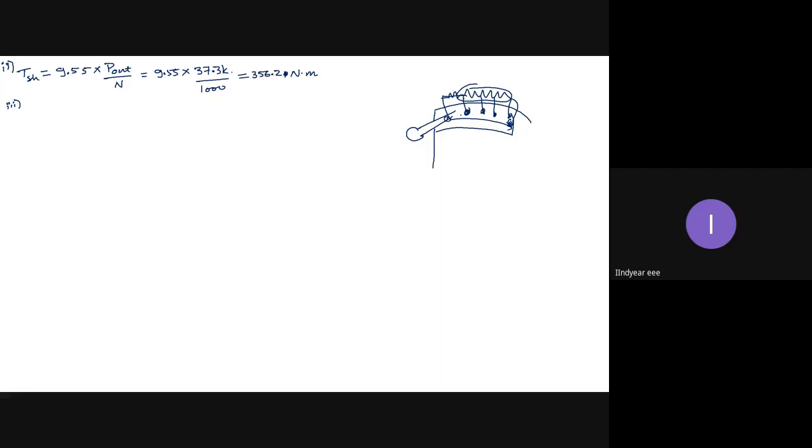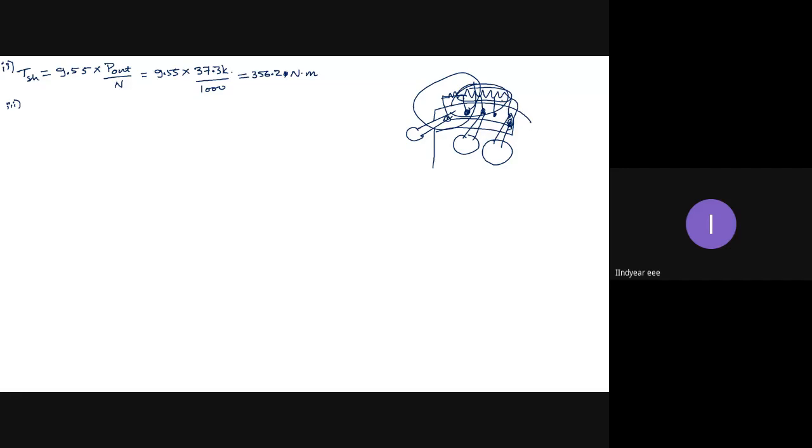Smaller drops are happening. When this lever comes to this point, this part of the circuit is open, so a lesser voltage drop is happening. All the voltage is applied to the armature. This is in line with the armature. As the motor is catching speed, the external resistance connected in the starter is getting reduced. When the lever is at this final point, the total starting resistance is taken out, and only the armature resistance is acting.